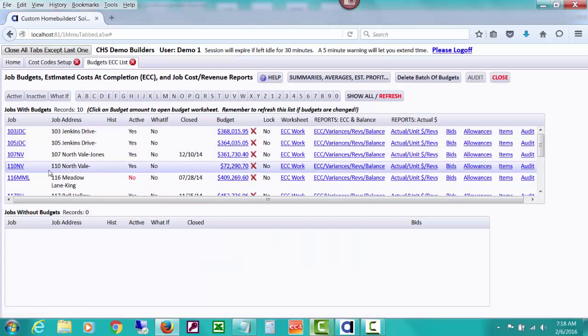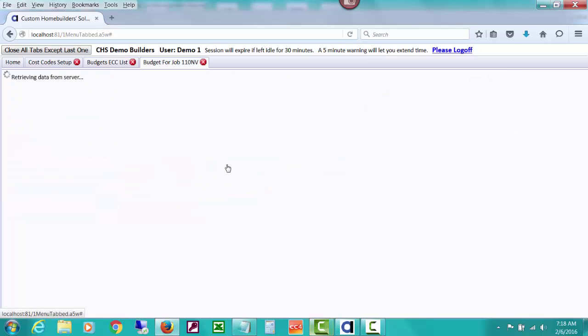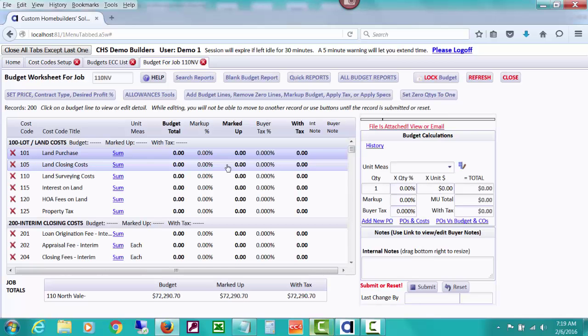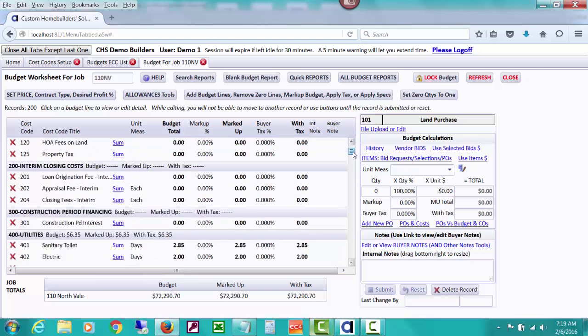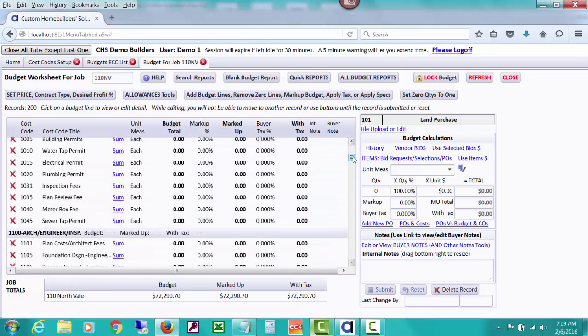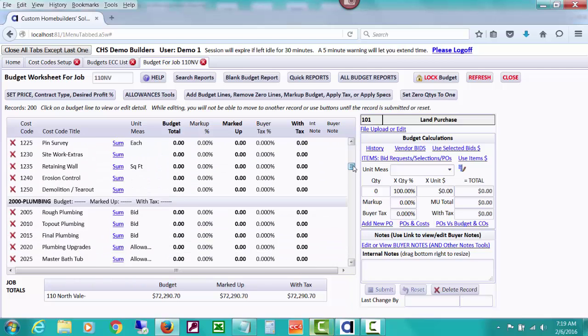Now this is up here in the list of jobs with budgets, and you can see how it brought in some costs for us. We'll have to fill in others to finish our job. But that's because we did have some of our cost codes in the cost codes master set up based on using square feet and bringing in a default unit price. So let's just ignore all of these, and let's go down to